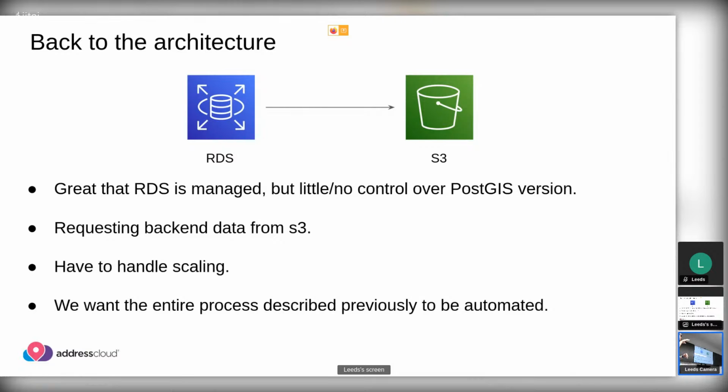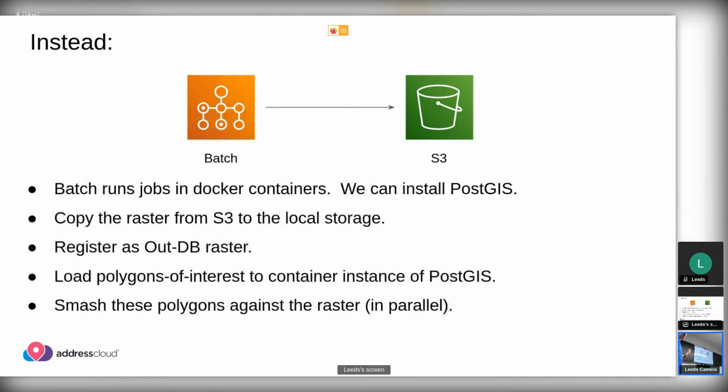We want the values of the raster inside those polygons. Now, at some point, if this is the way we're going to do it, we need to register our raster inside this RDS instance in an automated fashion. You need to spin up a job or a Lambda or whatever it might be. But if we're doing that, we might as well do something like this, where we're using a piece of tech